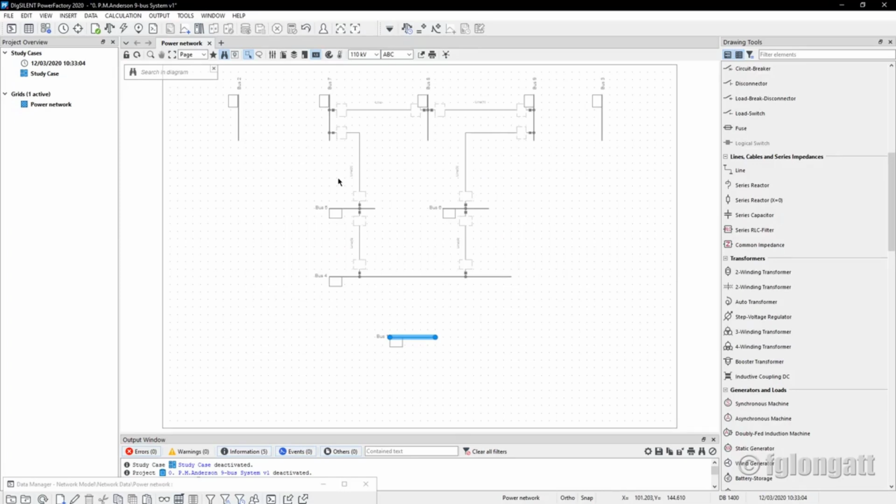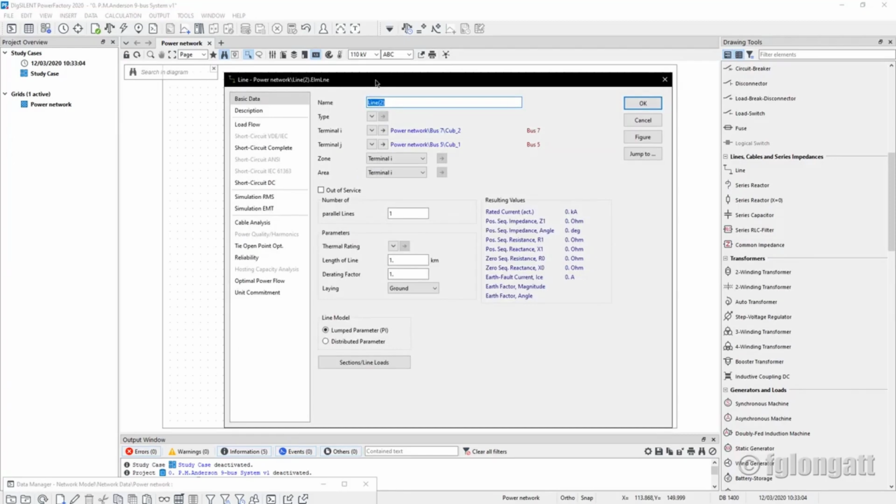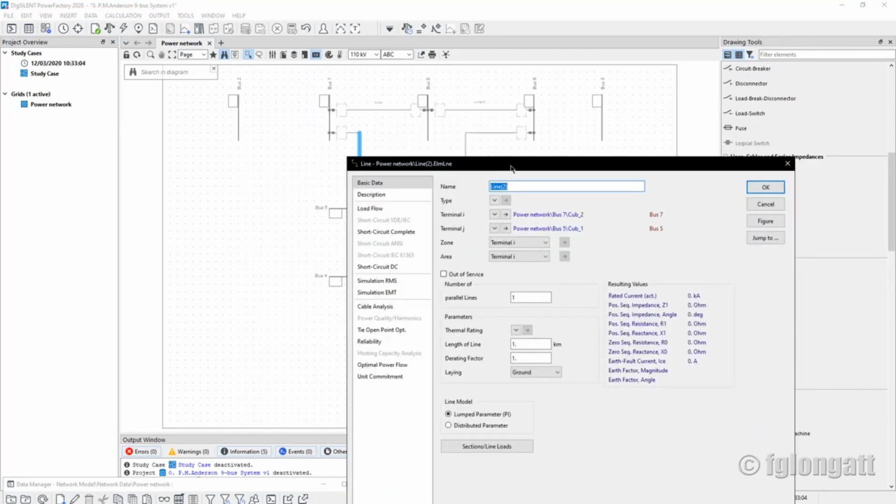Something that I want to do straight away is change the names of those transmission lines. In this system, the lines, if you double click one of them, let me click the line that is between 5 and 7. If you are with me, you will realize again that